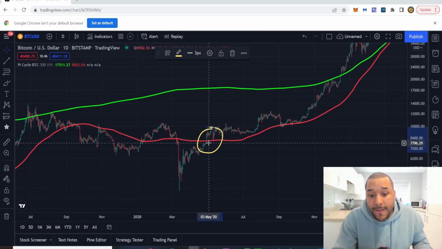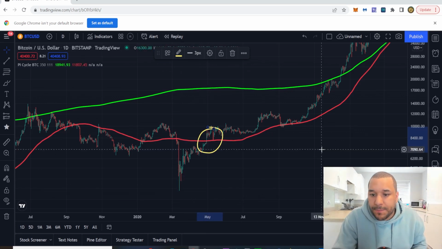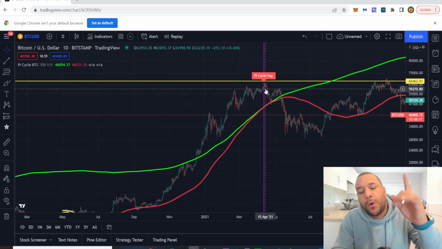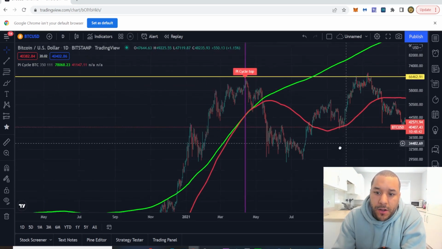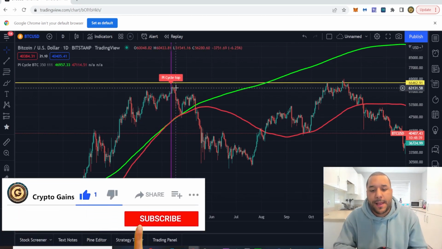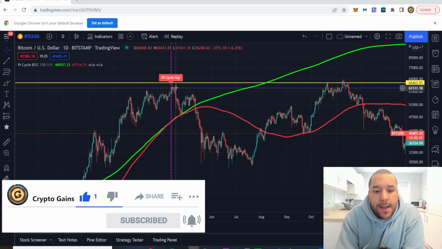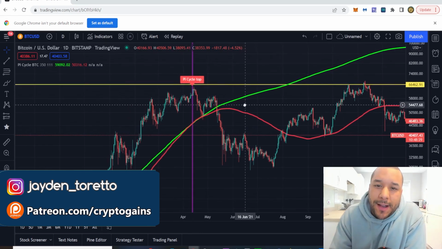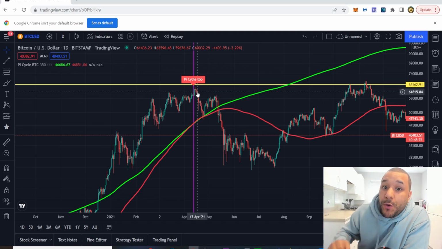Because when it broke here, 2020, we saw that massive crash for COVID. We saw the break here, 2020. It held support all the way. It didn't even touch the line here. Look, it came right up, and then it called the top for this cycle at 65K, which is interesting. Now some people didn't want to believe it. Even me, I was thinking, well, maybe there's still more highs to go, 100K maybe. But this called it. And I made a video, and I remember very clearly saying to you guys that this could be a seriously good time to consider taking profits if you want to get out of